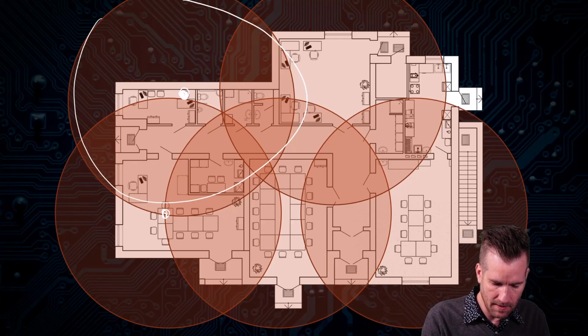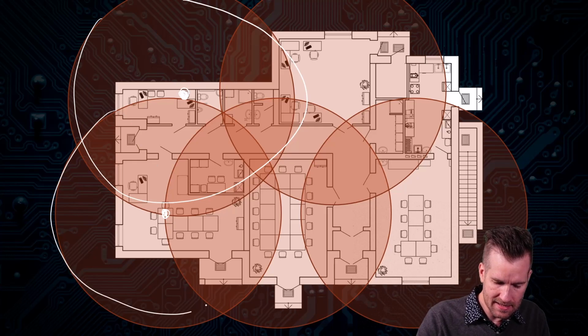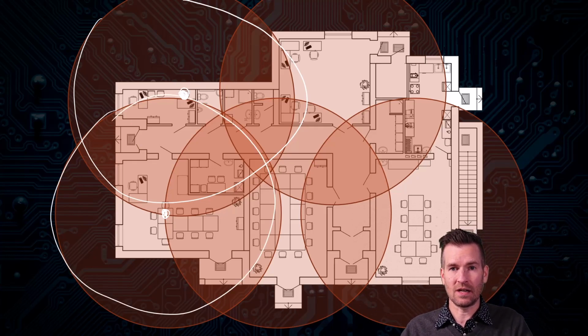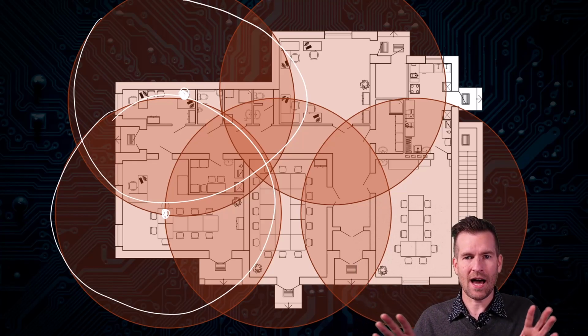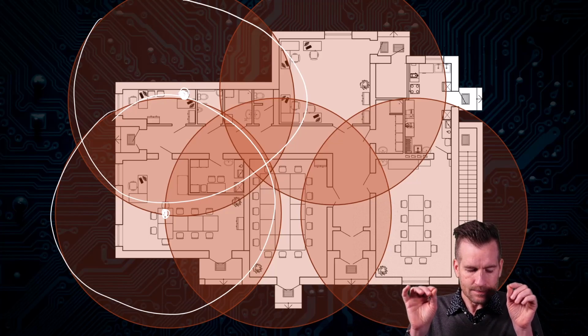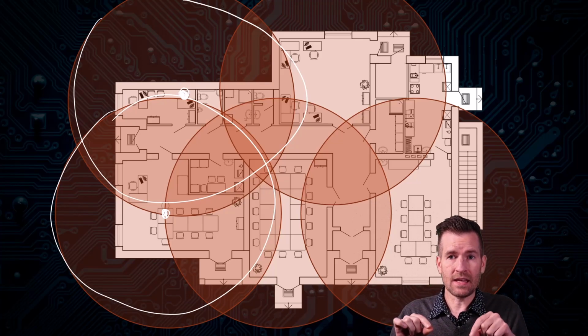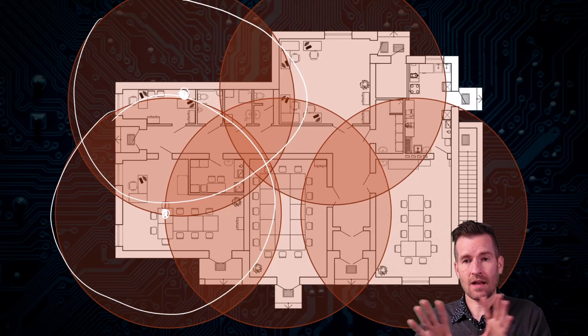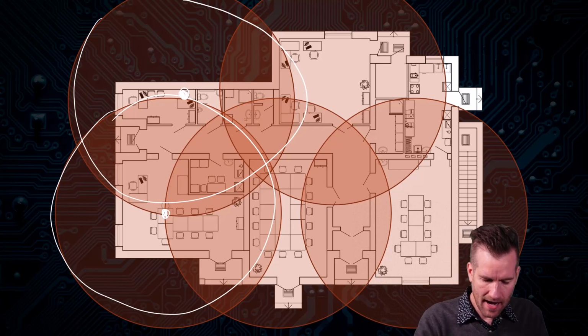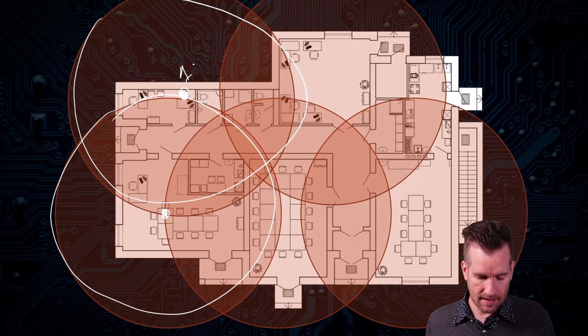And maybe I set up another one right here, and this is the broadcast that's sent out from that area. It's going to have a certain distance that it's going to go out, and that distance is going to depend on the power that we have each one of those set to. So the problem with that is if I have channel 1 assigned here, and I have channel